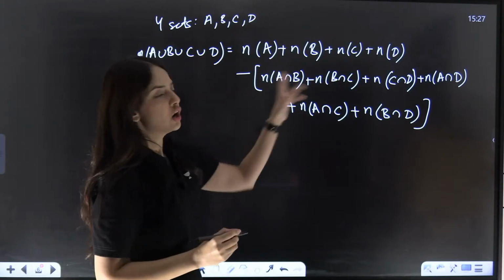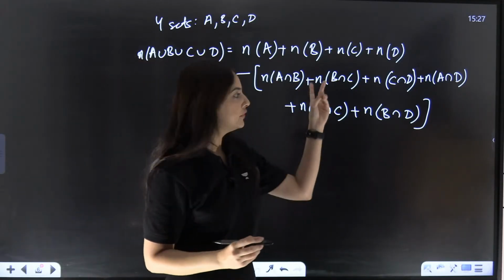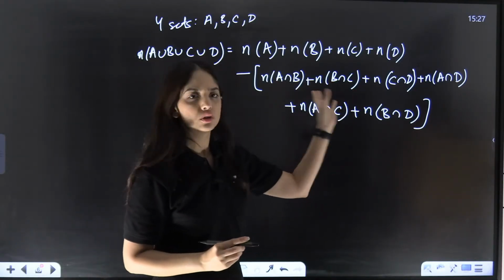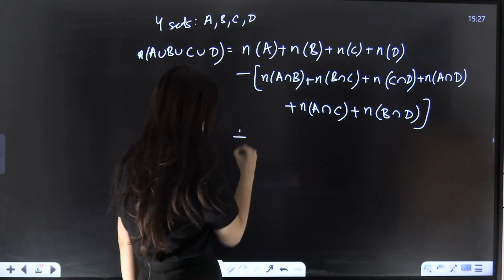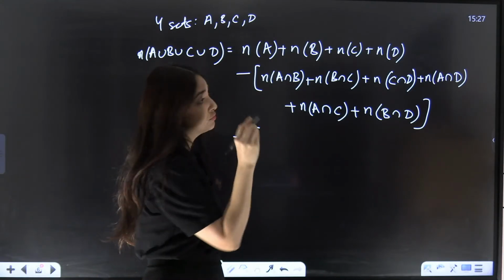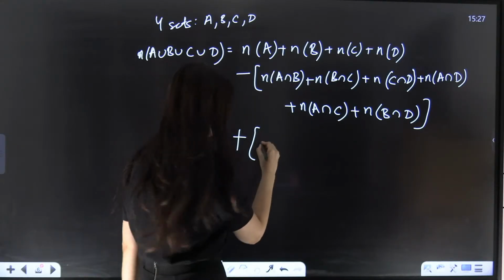So these are all the 2 pairs that we could have got from these 4. So we subtracted. Now we have to add 3 taken at a time. So plus 3 taken at a time, 4C3, there will be 4 such